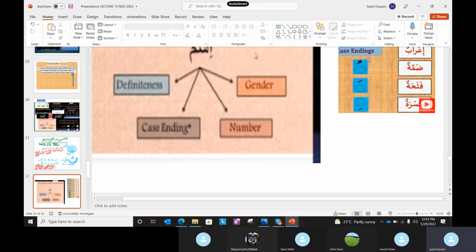So try to remember these in Arabic, because we will be learning Arabic. These terms we must always remember in Arabic rather than in Urdu. So dhamma means pesh, fatha, zabar, kasra, zair. Dhamma, fatha, kasra. So now we go to the next